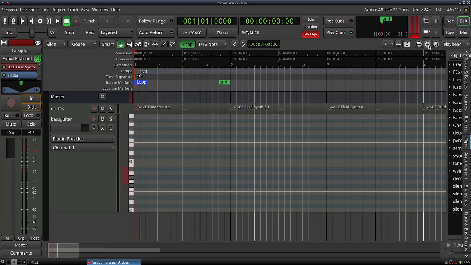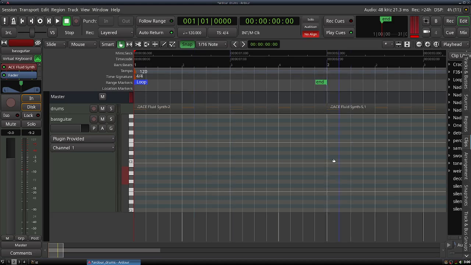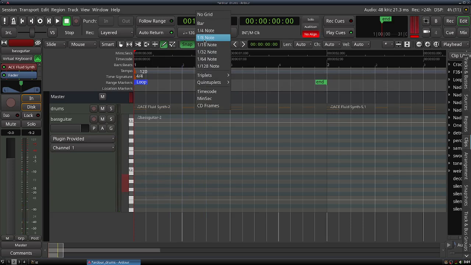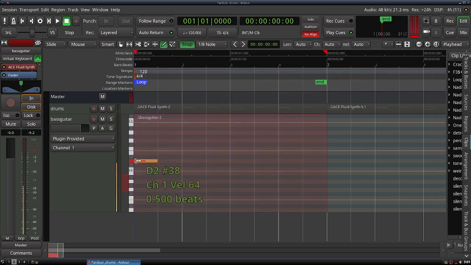So that's where I am. Zoom in again. Here's one bar. So draw mode. Is it draw mode, right? I'm not that familiar with the terms. That's a bit high for a bass. Okay, and so it has a bit more meat. Let's make it an eighth note, and here